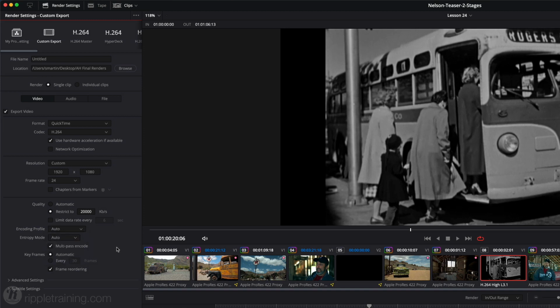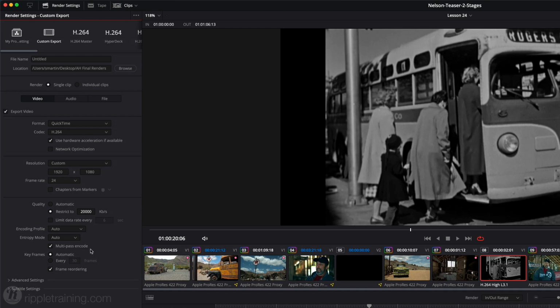You also have the option to perform a single or multi-pass encode. You definitely want to choose this option because the encoder performs a first pass to gather information about the movie it's about to encode, such as how much motion is present in the frames and how dark some of the scenes are. In the second pass, the encoder uses that information to assign the optimal amount of bits to achieve